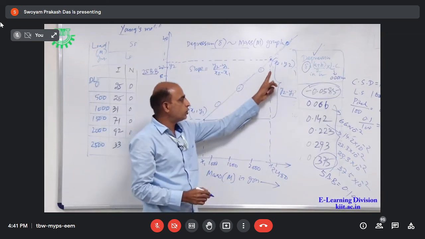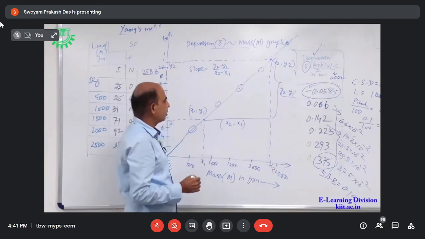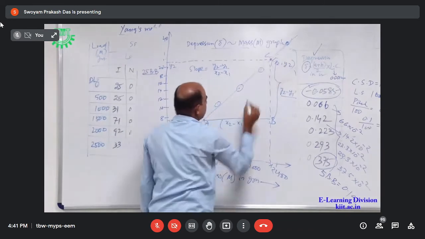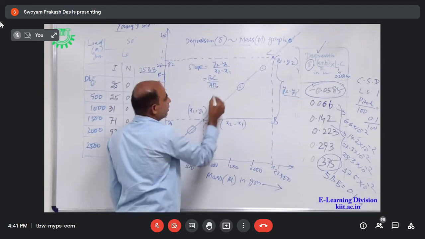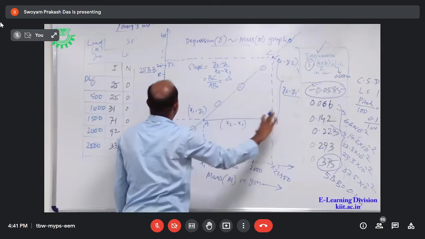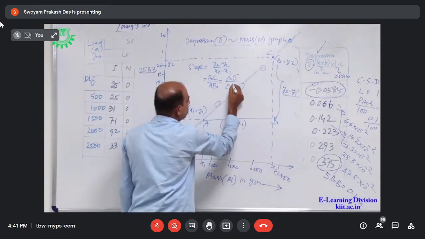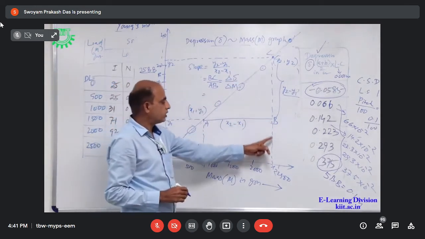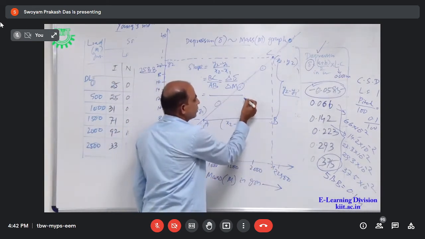We should not measure it with the ruler. We will measure from the scale that we have taken in the graph. So if I take A, this is B, this is C, then BC divided by AB, that is delta by del M. This is the value from the depression column. So del delta, this is del M. So we will find the slope exactly from these points, and after you find the slope, its unit must be